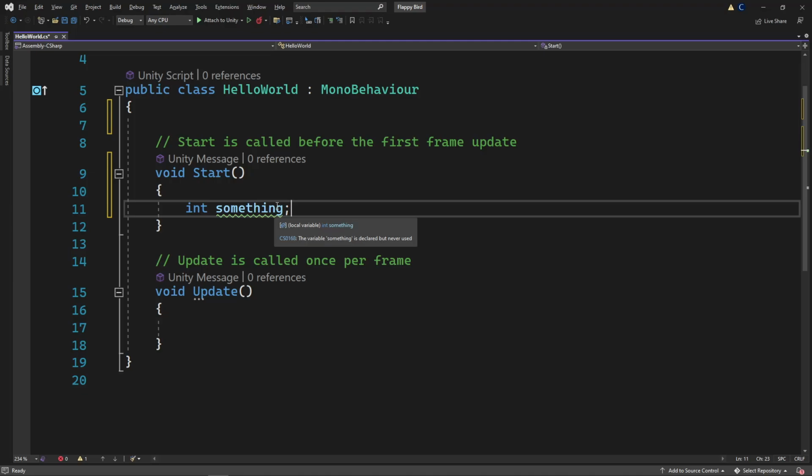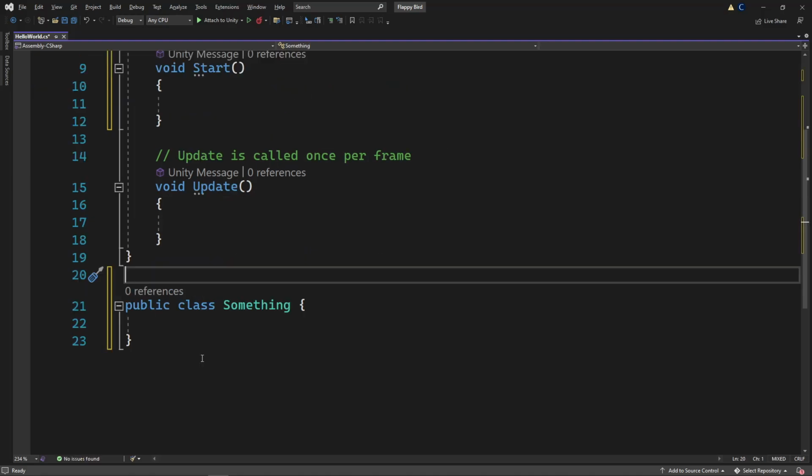if I was to put something like a new class in this file, I'm just doing this as a complete random example, like a public class something. This is an advanced thing that you don't have to do, but then Hello World does have access to it, and I guess technically in this case, update and start kind of have access to it, but advanced stuff. Don't worry about it. Good question though. Does that kind of answer it? Pretty much you can't put anything outside of Hello World except for using statements. Put everything inside and that's how it works.